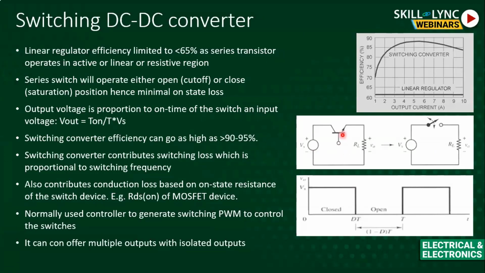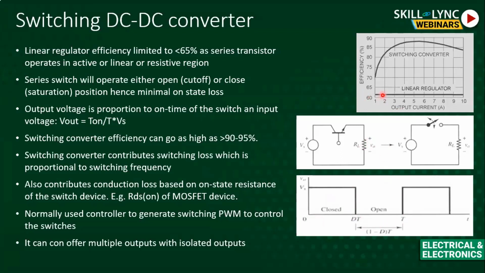So what will be the benefit? The loss in this will be less, because it no longer operates in resistive mode. Either a voltage is delivered to the load, or it will be open. And at the output you can see a pulse output. So to utilize the voltage in a constant manner or average mode, we have to filter it out. The output voltage is nothing but the T on time times the input voltage. That is defined by delta. Delta is T on by T total, where this is the total T time.